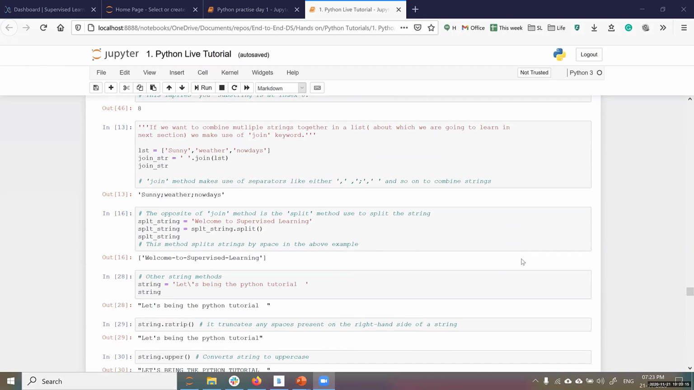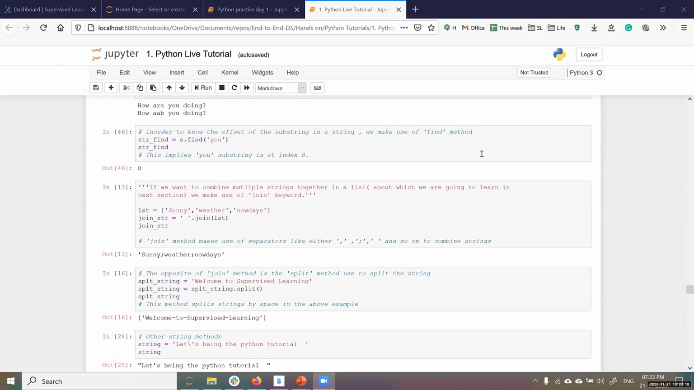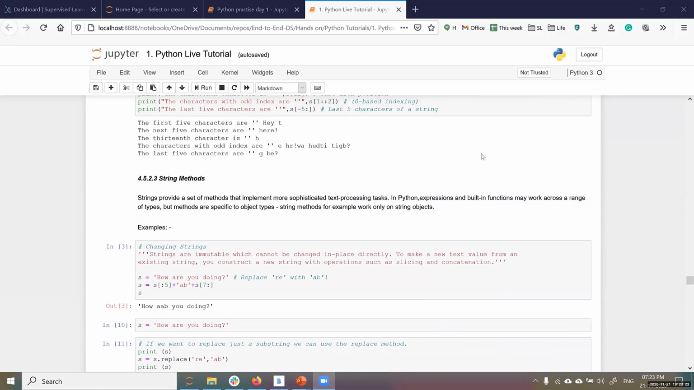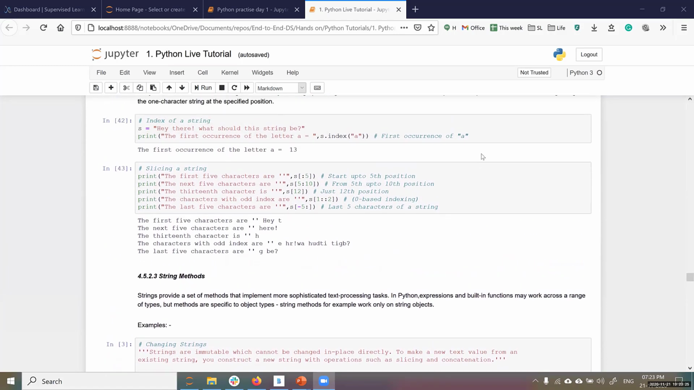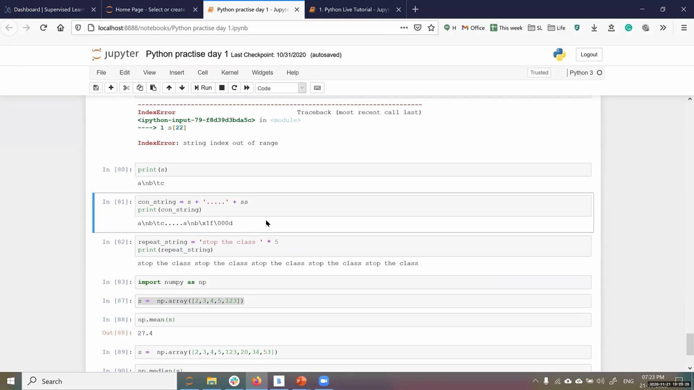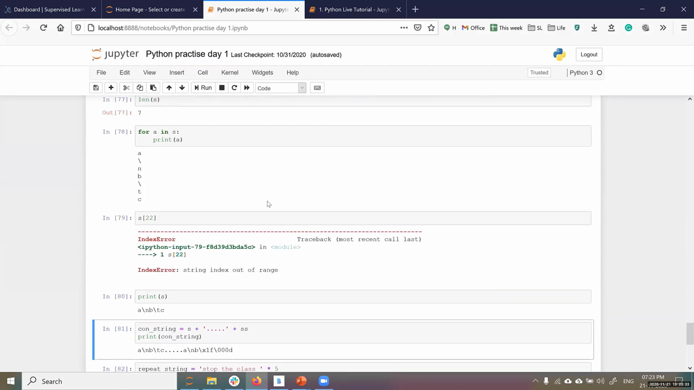All right. So I think we have completed up to, right? String indexing is done, I hope. So repeating, concatenating is also done, right? Okay,